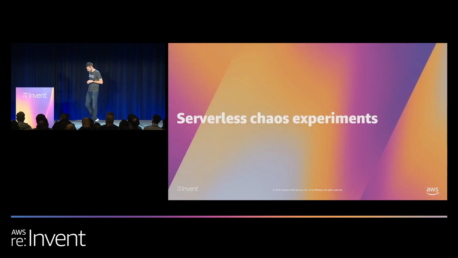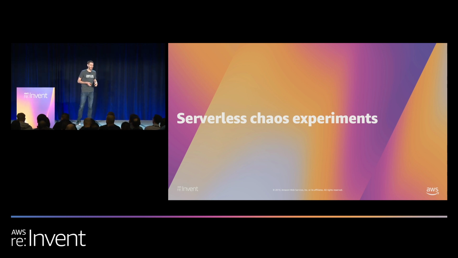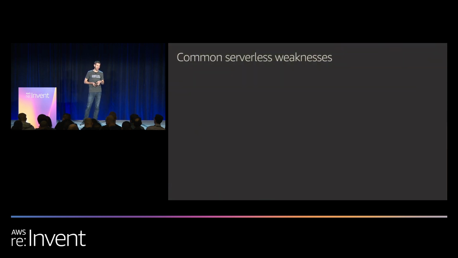So, speaking of quotes, don't quote me on this, but doing chaos experiments on legacy is quite easy. It's easy to get started. Shutting down EC2s, destroying pods, crippling network traffic. But we have control of the underlying infrastructure in most parts. But with serverless, since we don't, it's a bit trickier. But it allows us to be creative as well. And most of us building serverless applications, well, we probably do more advanced stuff all day anyway. So it's really no issue to get started. So let's start by looking at